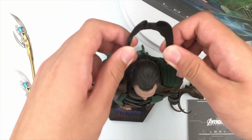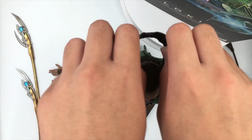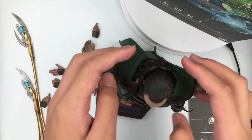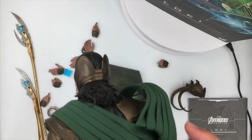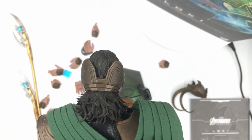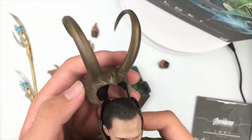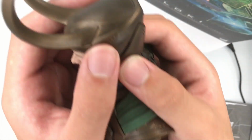Okay, so putting on the helmet. I'm still a little bit scared of putting this on. Because if you're not very gentle with this while putting it on, you might scratch it. I have some scratches on the hair, and you definitely don't want that. You can see here, I just attached this onto him, and successfully there are no scratches. Now you put on this top piece of the figure onto him, as you can see here. Now he covers his hair perfectly, and it covers the